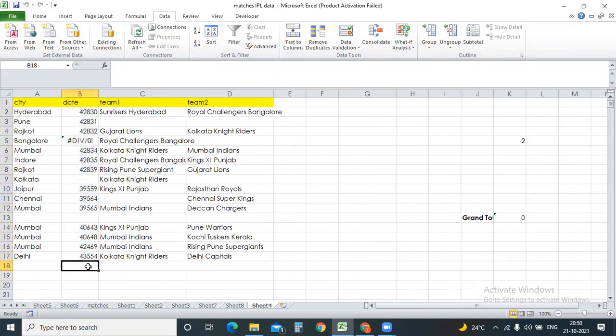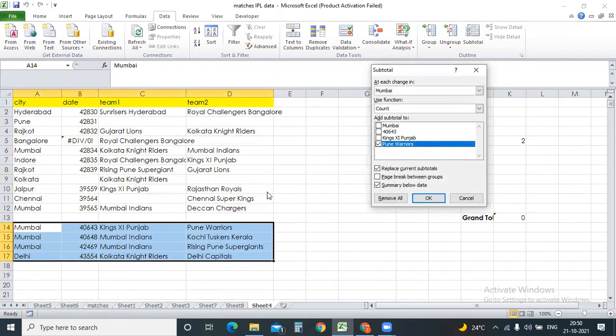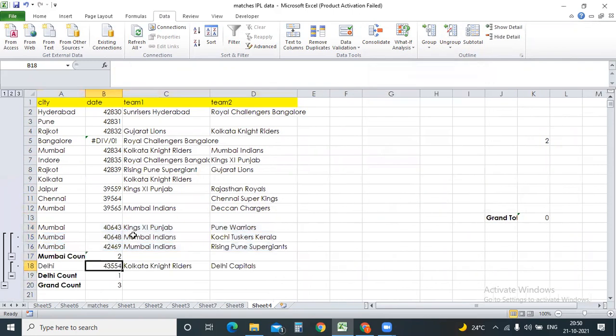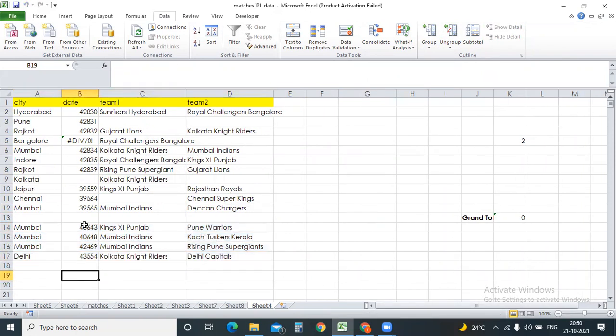Control Z. Click it over here, subtotal. Ideally what it should do is give the subtotal for whatever data is above. And grouping and ungrouping, if you want to group 2 to 3 tables, will be helpful.